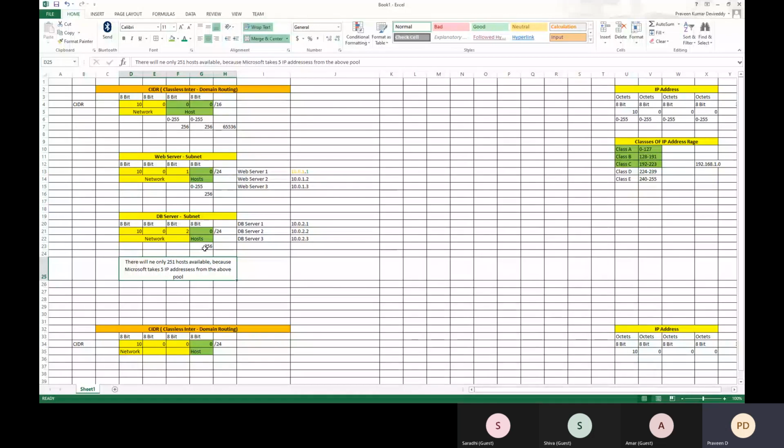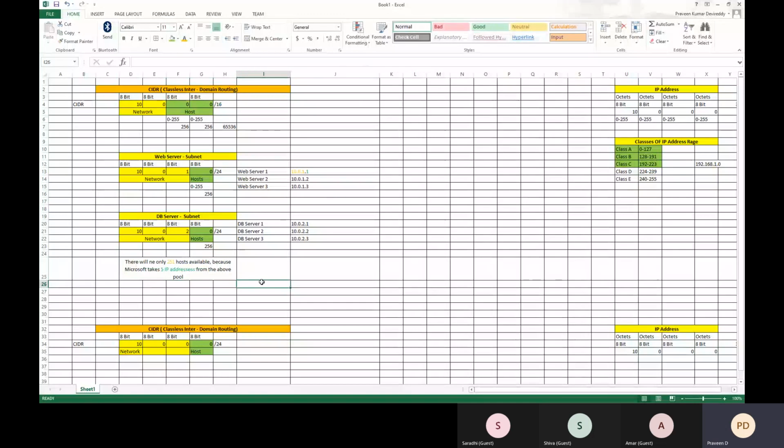So in 256 hosts, whenever you create a subnet, by default Microsoft will reserve 5 IP addresses for its own pool, from the above pool. So how many are available for us in total? 251 are available for us.